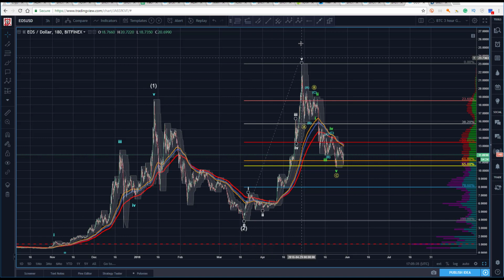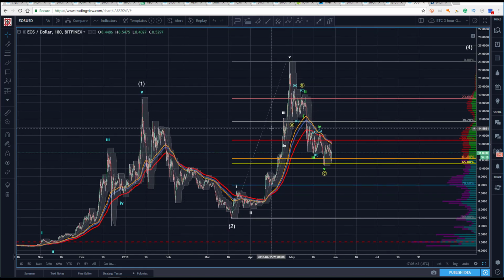If this is a 1 wave, well, we certainly can go beyond the 65 and often do. .786 is not uncommon for a wave 2. Well, it's not ideal. The high probability zone is between the .50 and the .618. That's where we like to buy it. But we've seen countless times across every asset class where a wave 2 will go to the .786 and go to the .887. They go deeper.